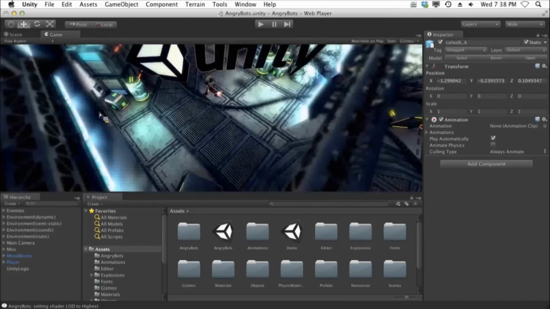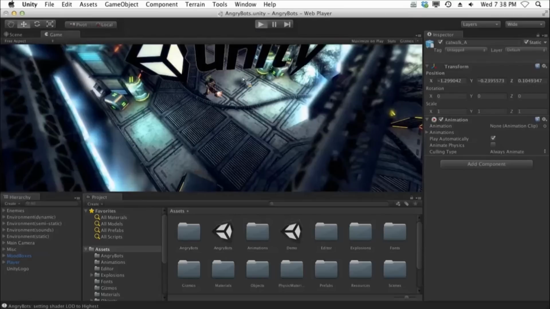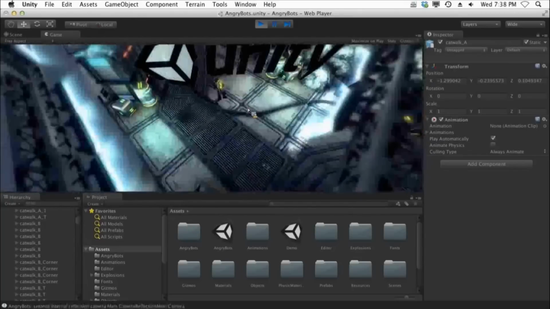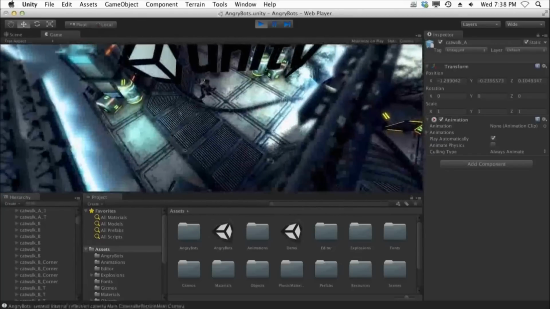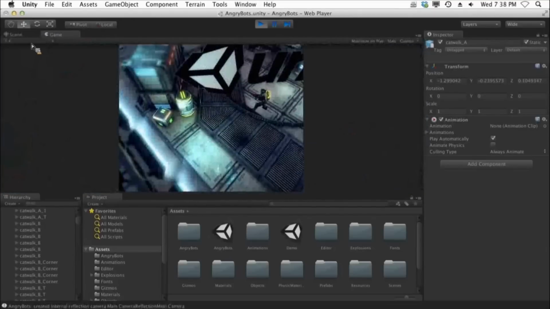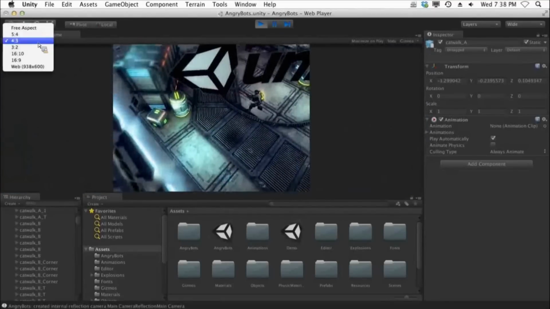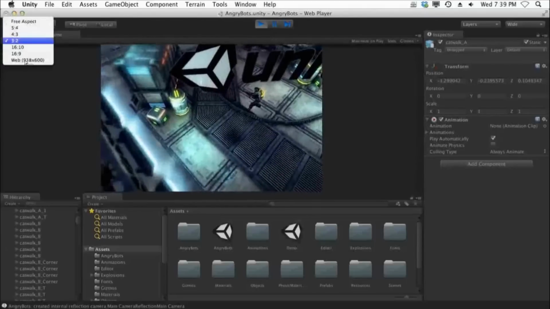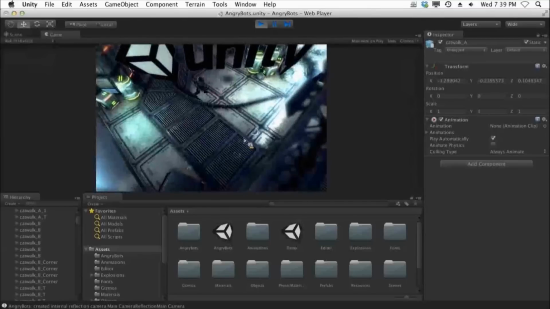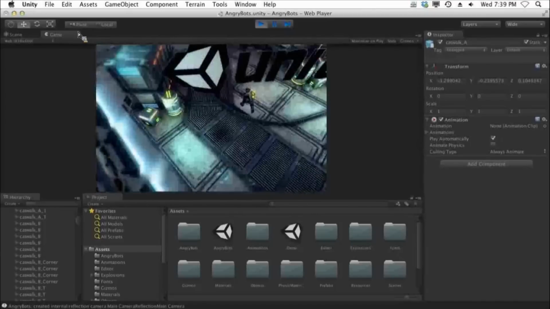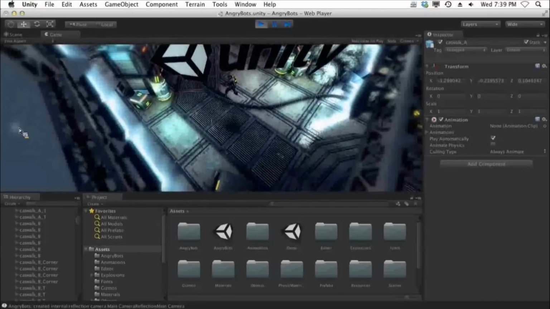In the game view, this is where the developer can play and test their game. We can play and pause and step through our game frame by frame. Currently, we have this on free aspect. Well, you can see our blob shadow moving around. We can change our aspect ratio up here to be one of the preset aspect ratios for our current platform, and this changes depending upon our build target. Or we can specifically pick a setting from our specific game, or go into free aspect,